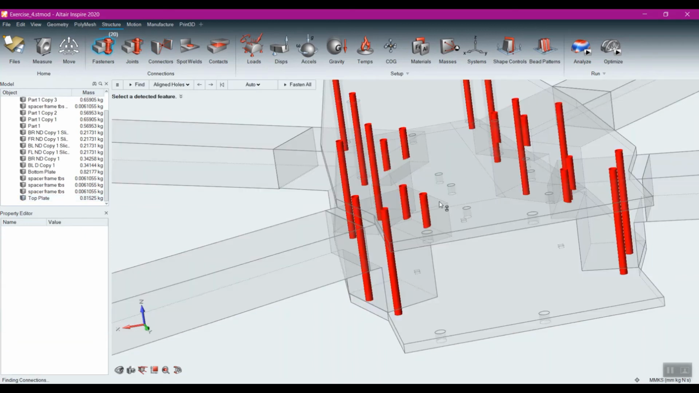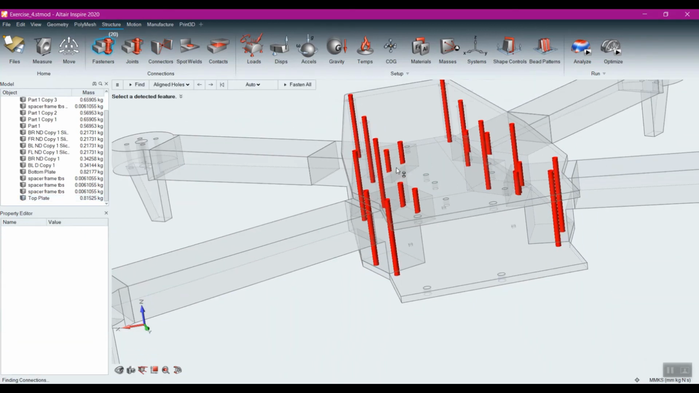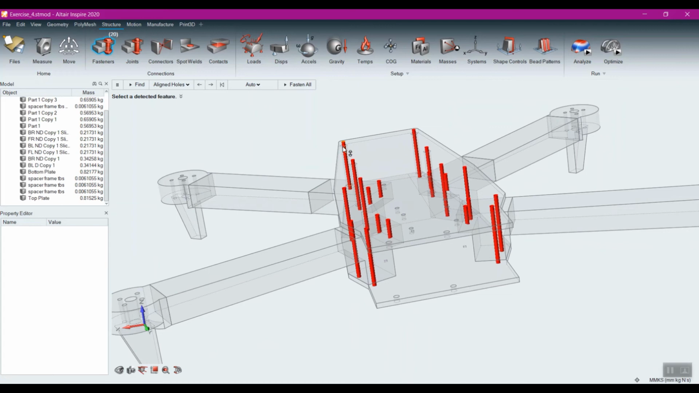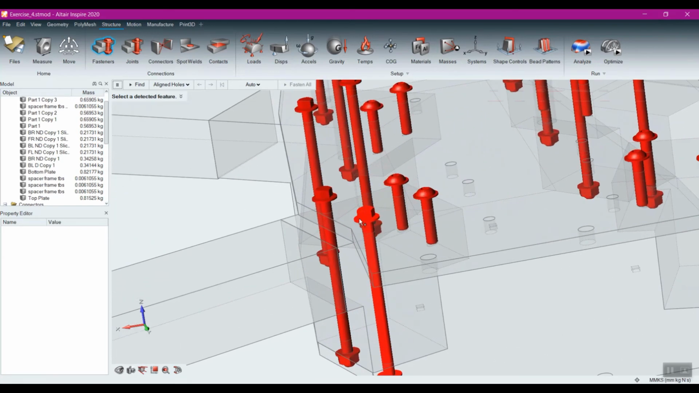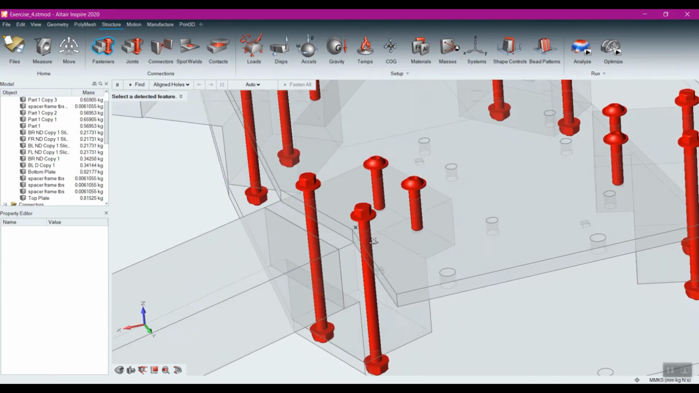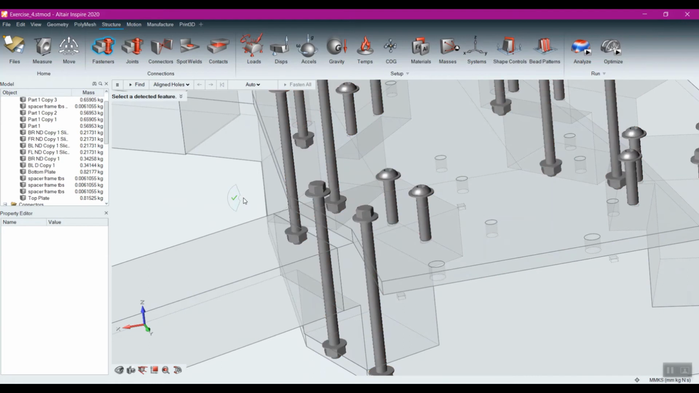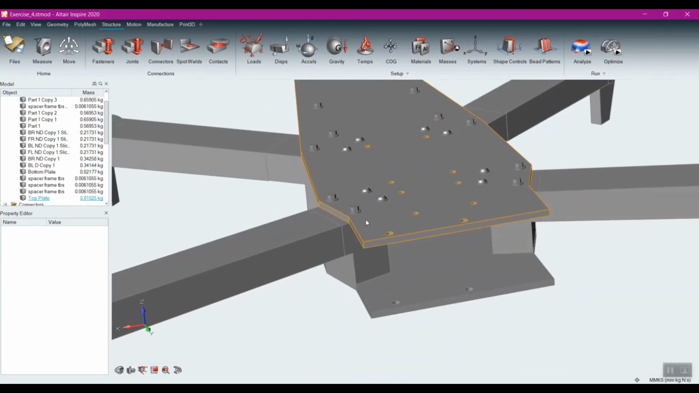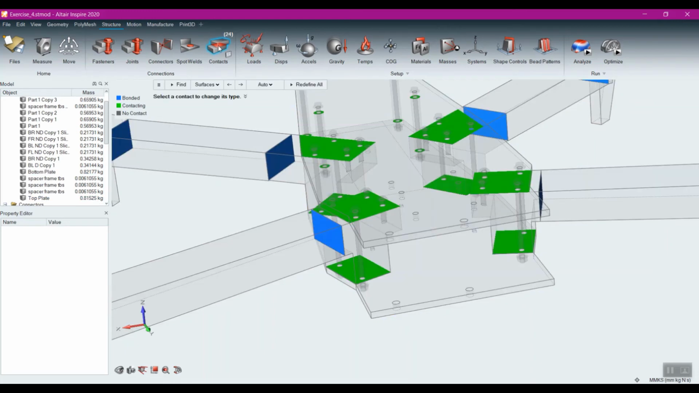So coming back here to the fasteners, all of these tubes represent holes that it has identified as running through multiple parts. And if I click fasten all, you can see it automatically goes through and puts those fasteners in there. And that's pretty neat. Now what that's going to do is hold this together. But some of the true power in this is if I come back here to contacts, you'll see